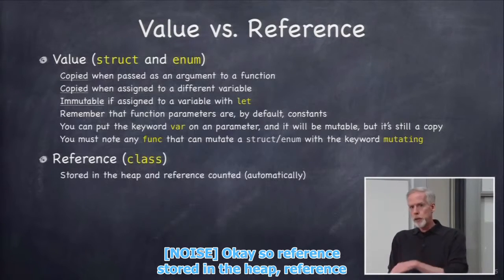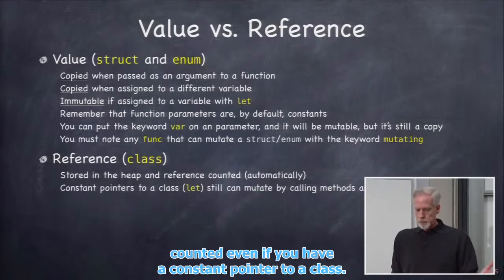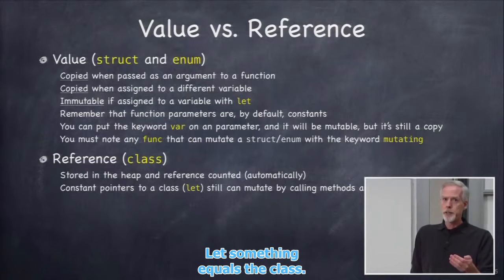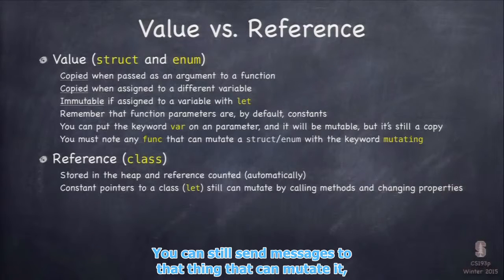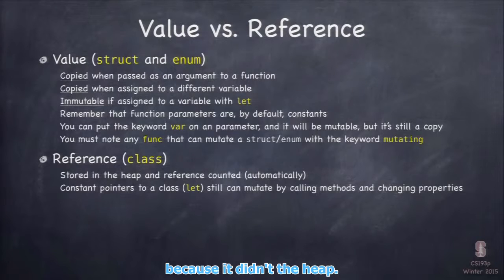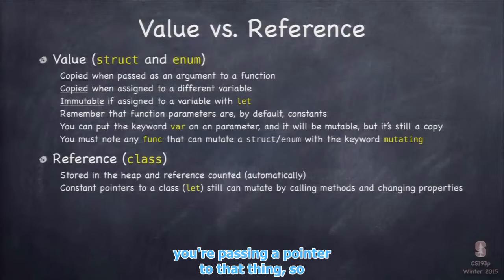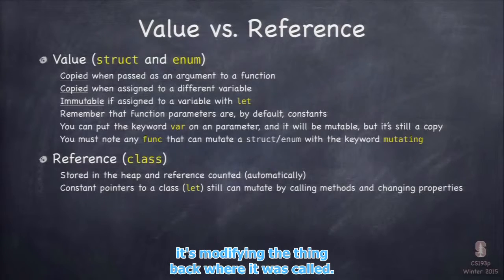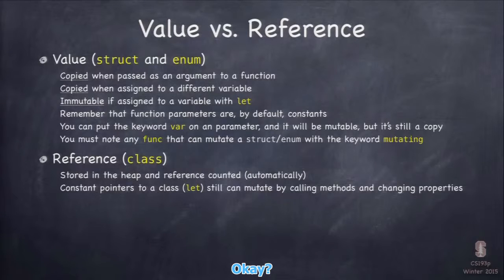So a reference type is stored in the heap and reference counted. Even if you have a constant pointer to a class, let something equal the class, you can still send messages to that thing that can mutate it because it's in the heap. All right, so you have a pointer to it. And when you pass it to a function, you're passing a pointer to that thing. So if the function modifies it, it's modifying the thing back where it was called. Okay, so